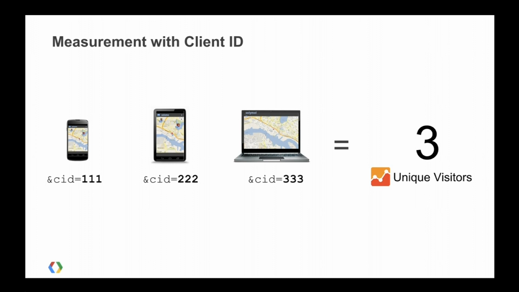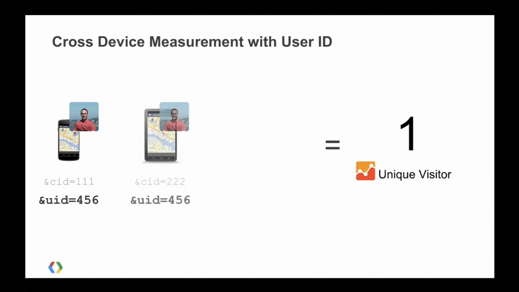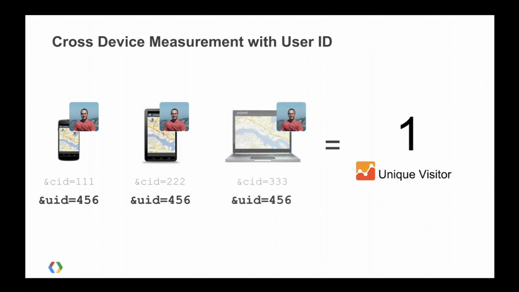And as this continues on, Pete gets more and more devices. He shows up as more and more unique visitors in my reports. And this gets to be a problem, because I actually only have 1 user, but here it's saying I have 3. So let's do this again using user ID. So now Pete's using my app on his smartphone. And when he signs in, because this is actually a signed-in experience, I'm going to take his user ID from my auth system, and I'm going to send it to GA in this new UID field. And I'm going to do the very same thing when he does this on his tablet and when he does it on his laptop. And you can see as he keeps accessing my app, the number of unique visitors stays the same, because GA now understands this is one user with 3 different devices.